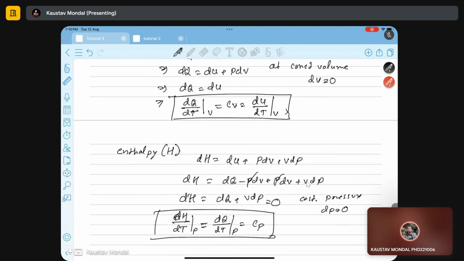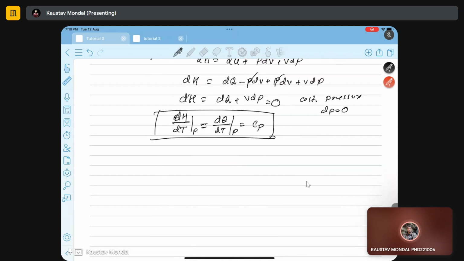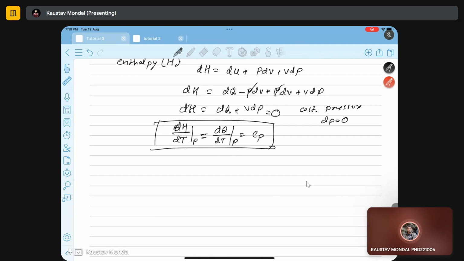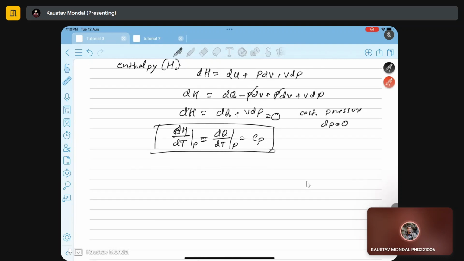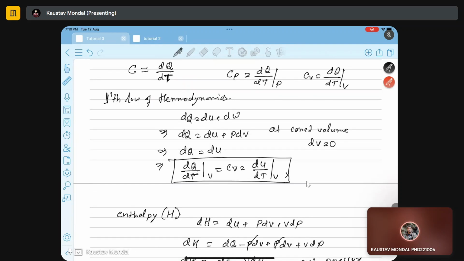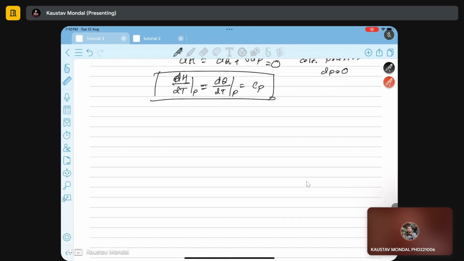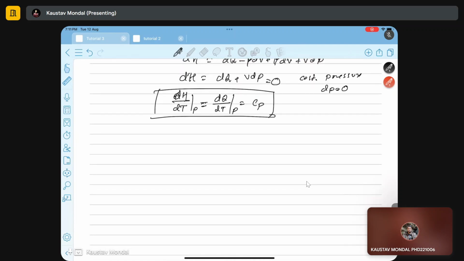So we can write the expression of Cp and Cv in terms of enthalpy, or in case of Cv, we can write it in terms of the derivative of internal energy with respect to temperature, right? So for an ideal gas, we know